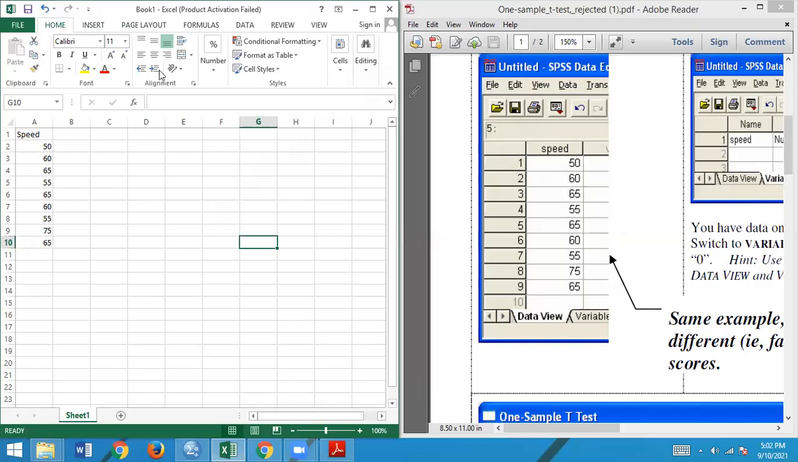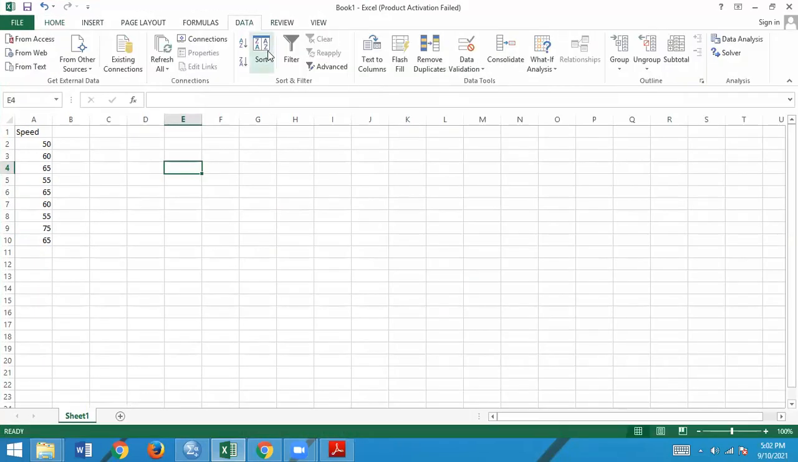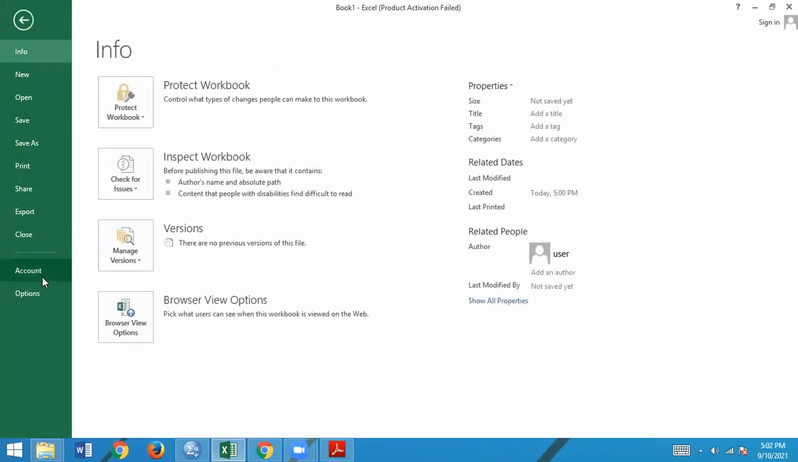So in Excel, normally this one is not available. Which one is not available? One sample t-test not available, right? So inside of data menu, data analysis. If this data analysis is not available, then click the file and go to the option,